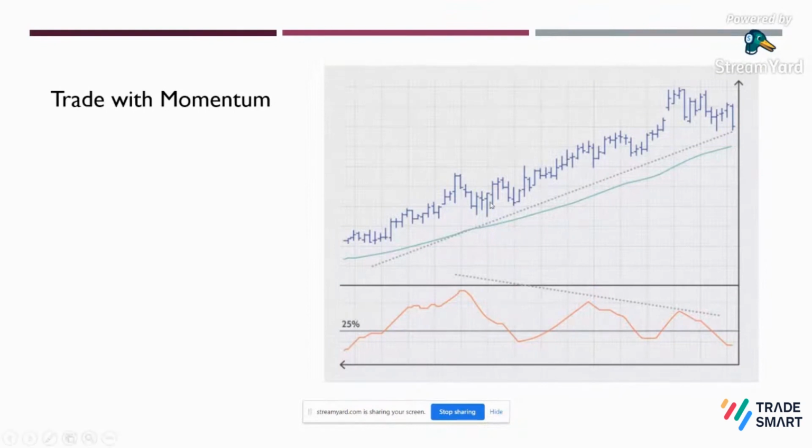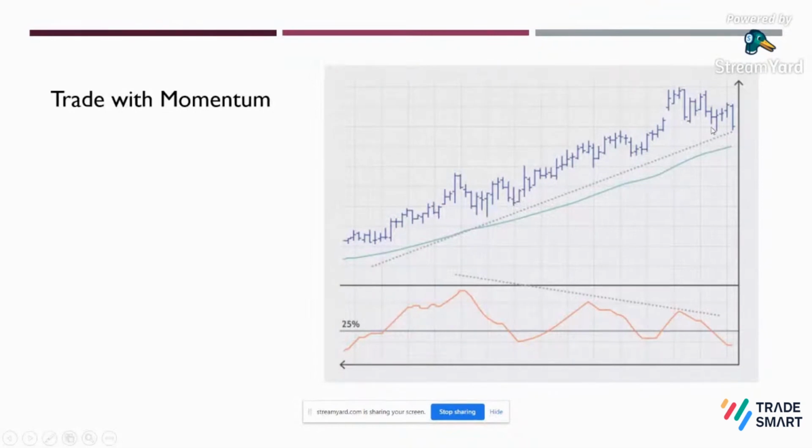As you can see from here, as soon as the market crossed the 25 level, it showed significant strength in the trend, and it made its first high. Then it went down a little and showed the strength again. It didn't stay below the 25 reading for a long time, it showed the strength again, and then made another high. So these highs represent that momentum is still there in the market.